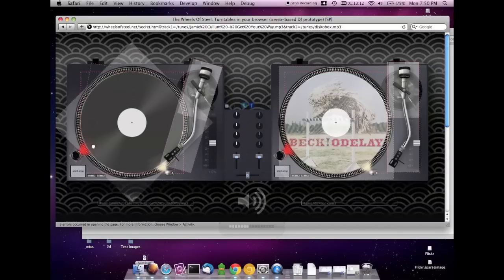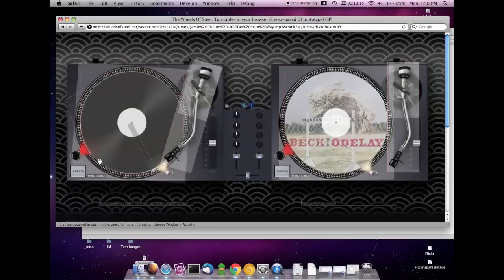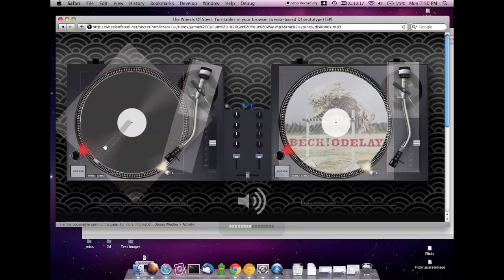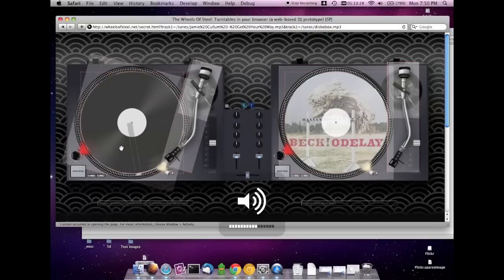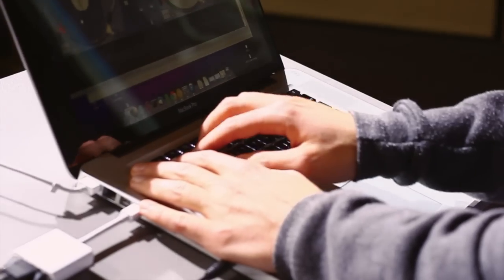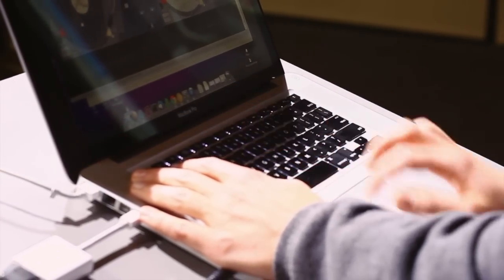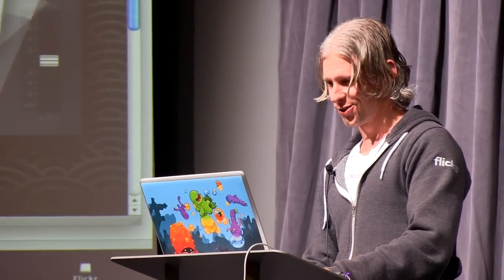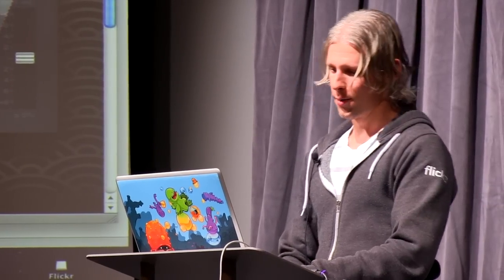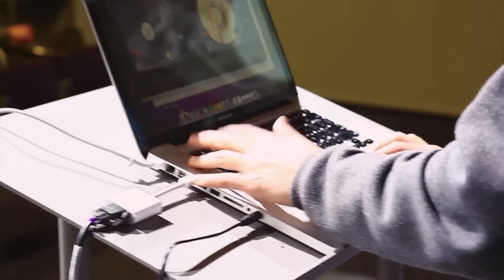So I'm going to set a couple of breakpoints. Put a piece of tape on the record, right? So the idea is that you capture a point on the record. So this is going to be really hard to do, I think, with this. Okay, I'm just going to roll the video on this one, because it'll look like I do it way better in the video. But the idea was I was going to beat match these two things, right?